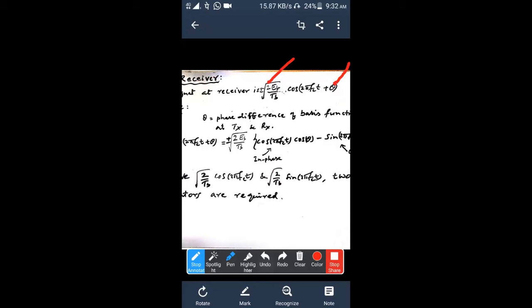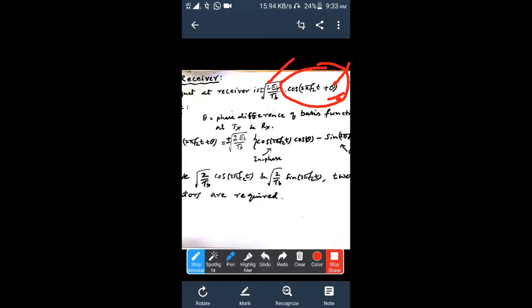The change in amplitude, I'm not interested in right now. I'm talking about the change in phase now. Because it is DPSK, phase shift keying, this theta is the phase shift between the received signal and the transmitted signal. Now, if you use a coherent technique, then you have to recreate this carrier signal exactly, that is cos 2 pi fc t plus theta. How to get that theta? I said already, you have to use some complex circuitry involving a PLL, phase locked loop, and you have to get this theta.